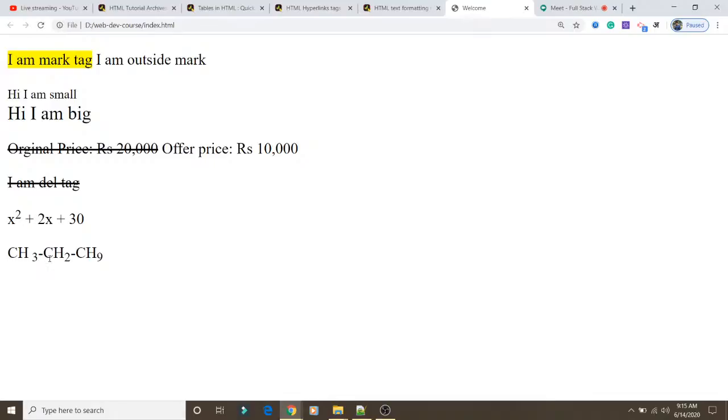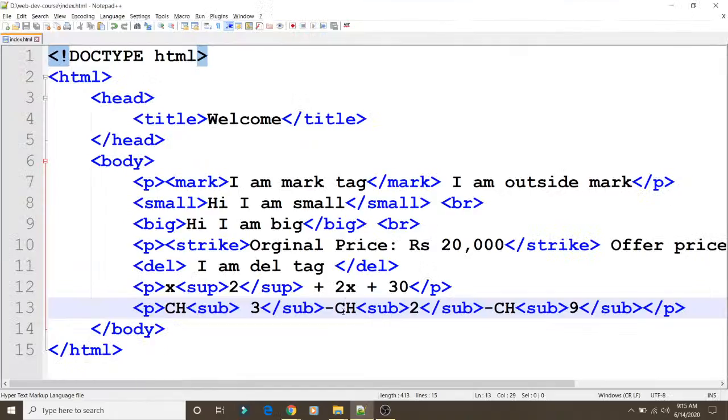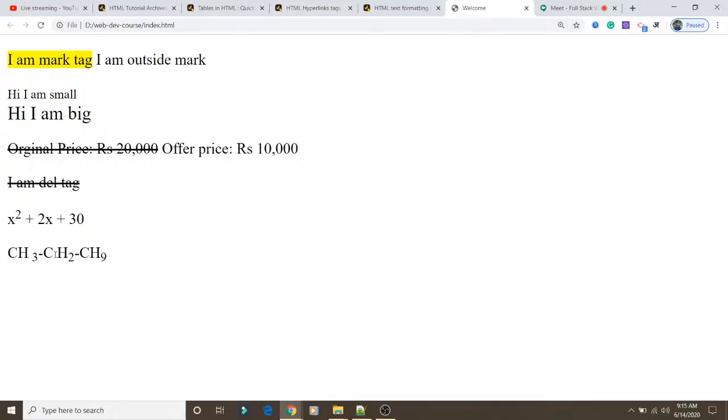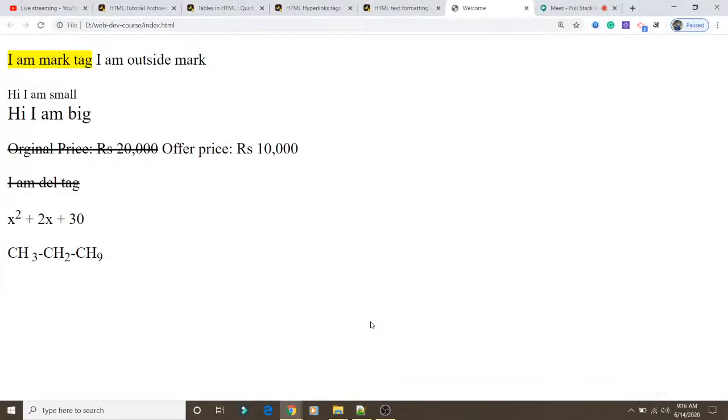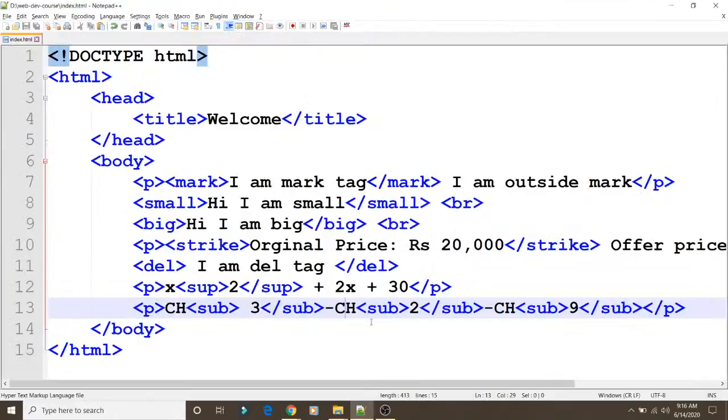So in this way, if you keep some space in between this value, it will also be taken as a space. You can see the space is getting taken in between here also. So you need to take care while writing these things. Wherever the necessary space is required, put it only there, else it will take extra spaces, and that is not good. So just keep it on track and keep it in a proper way, as per the requirements.